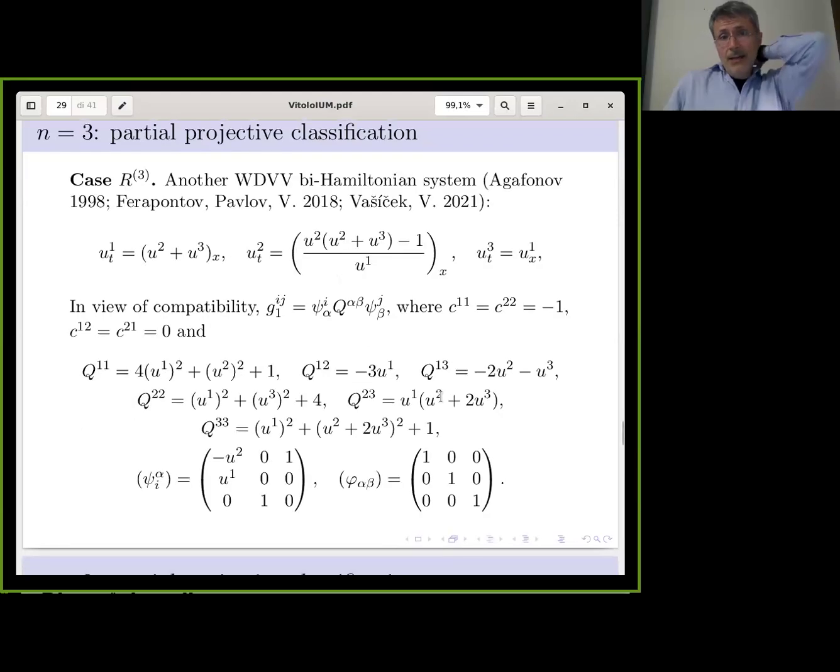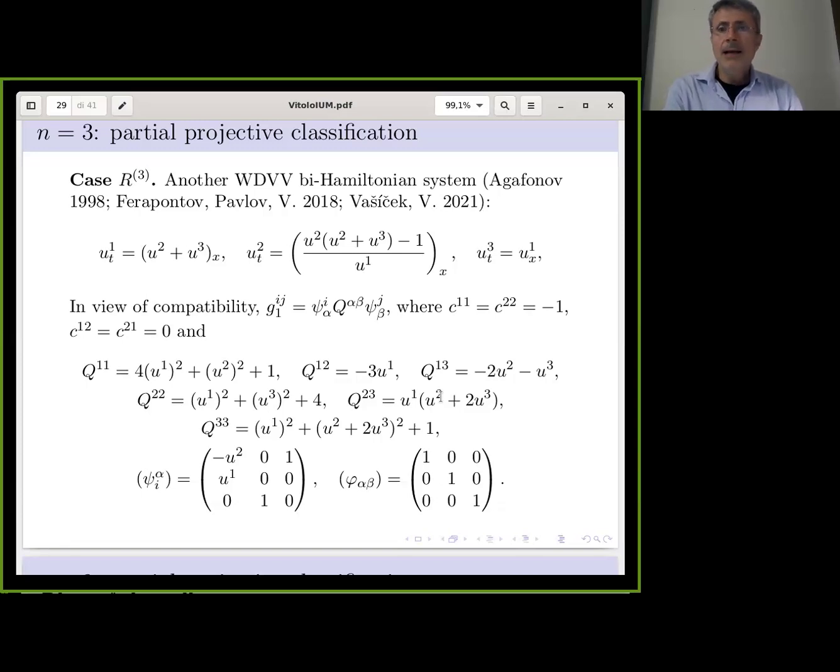But then here we started to find new things. So we considered another Bi-Hamiltonian system. This is again WDVV. But it is WDVV from a class which was not considered so much by Dubrovin. He speaks about this class just in the very beginning of his long paper, Geometry of 2D Topological Field Theory. This system was considered by Agafonov in 98, and then by same triple of people